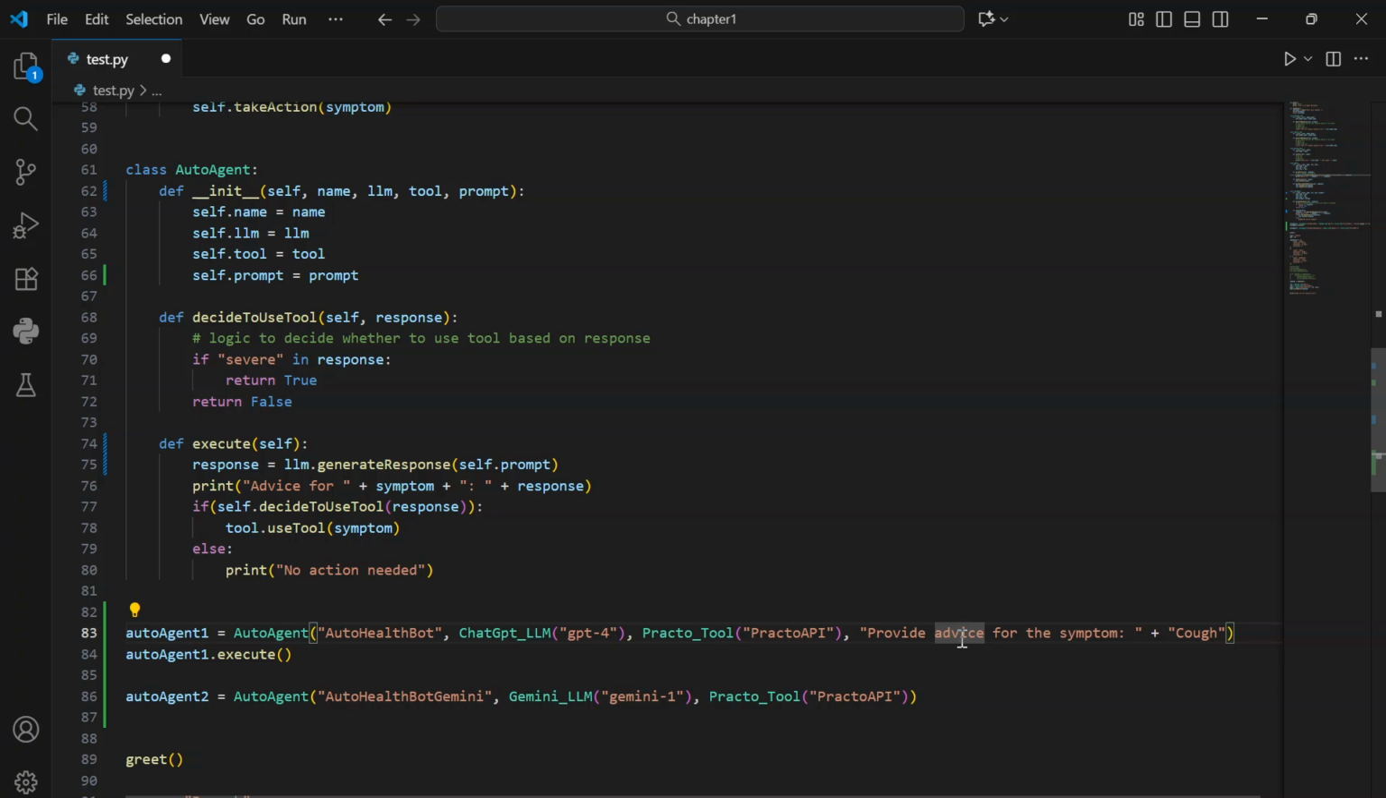So based on the patient's input, it will generate questions and ask them to the user. And until it is satisfied that it has proper information, it will keep asking questions. When it is satisfied, then it will pass the whole information to this other agent. So in this case, we will have two agents coordinating with each other. So this agent will be the advisor agent,